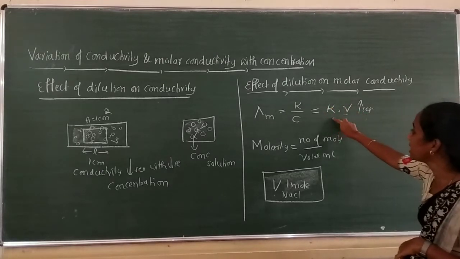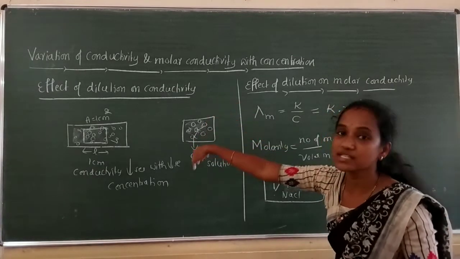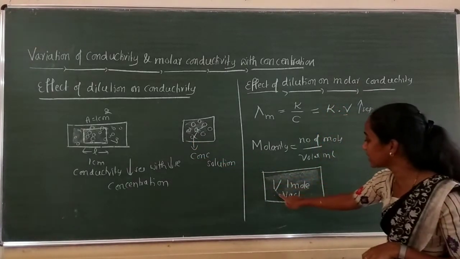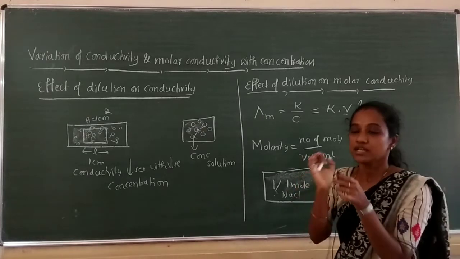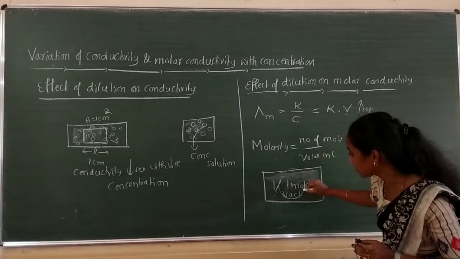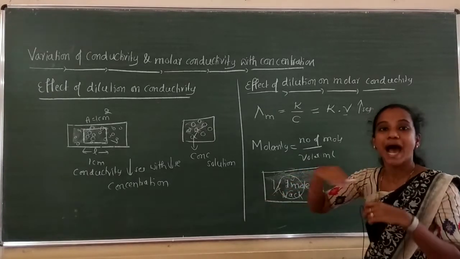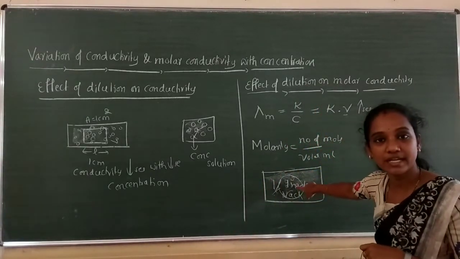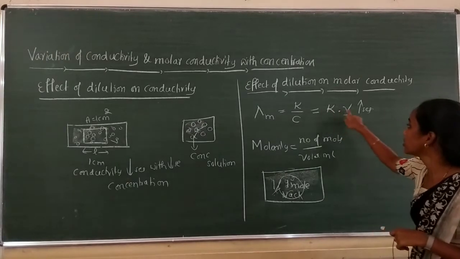But what about conductivity K? We have already discussed that upon dilution, as we decrease the concentration of the electrolyte, conductivity goes on decreasing. What is conductivity? We have to talk about per unit area, per unit volume. In a region of length 1 centimeter and area 1 centimeter square, when the solution is diluted, what happens? The number of ions in that region is reduced. As a result, the number of ions which are responsible for carrying the current is automatically less. That means conductivity decreases.